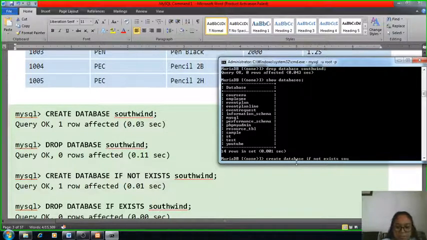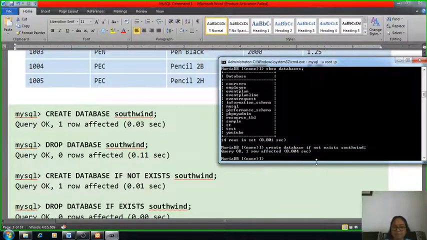The name is the same. It means, create a database if it does not exist. If it exists, it will not create it, because the same database we cannot create in your server. So this is your command. Then check, show databases.